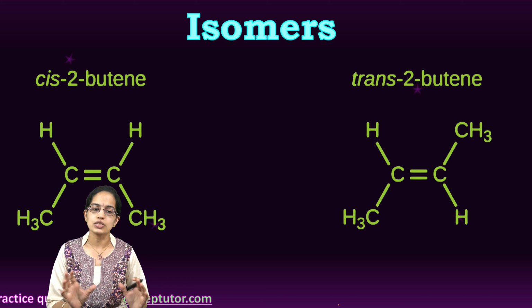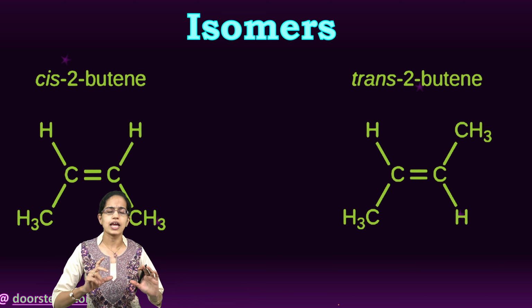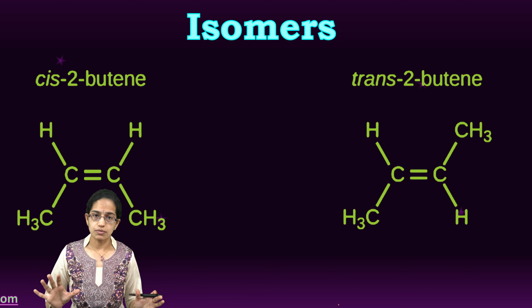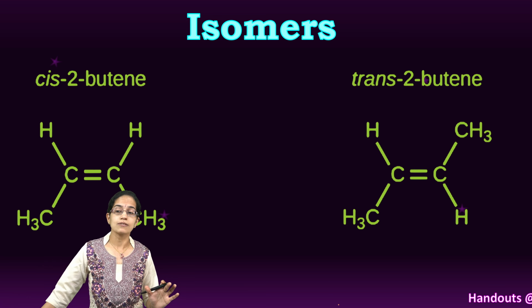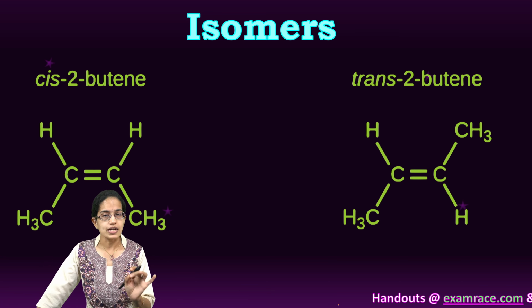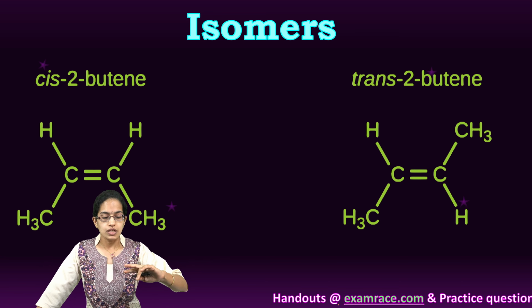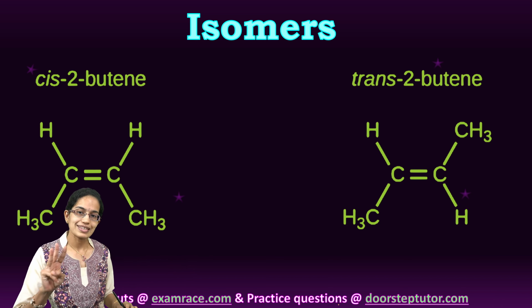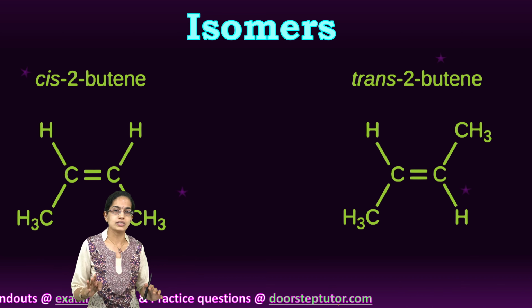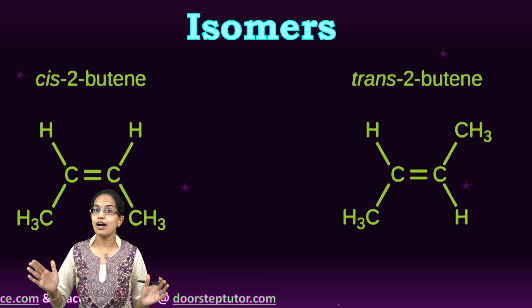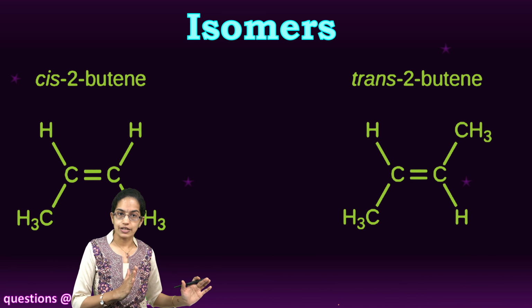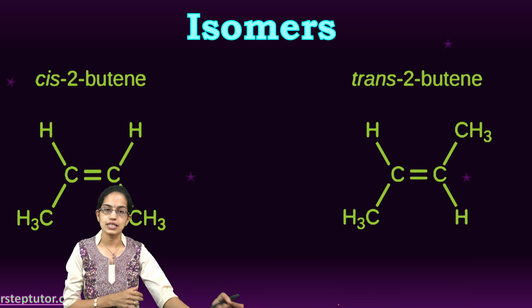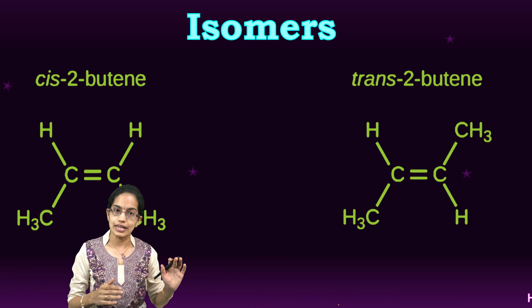Now these structural arrangements can vary based on a certain number of considerations, and because of that the properties would also vary. So we would be focusing on three types of isomers, just to give you a broad idea about what the different kinds of isomers are. However, we would be touching this topic in detail in the later classes.